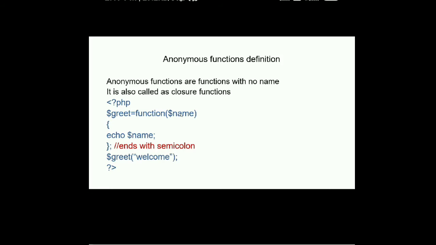I write a function. I am not leaving the parenthesis open. Instead of that, I am putting some other variable name inside. Then inside this function, I am printing whatever I have assigned, echo name. And that function has been assigned to a variable called greet here. Since it accepts one parameter, I pass one parameter, and the parameter is welcome. When I pass welcome, it gets assigned to name here. Now I print name, so echo name, you will get welcome over here. So this is the way to pass a particular argument inside an anonymous function.